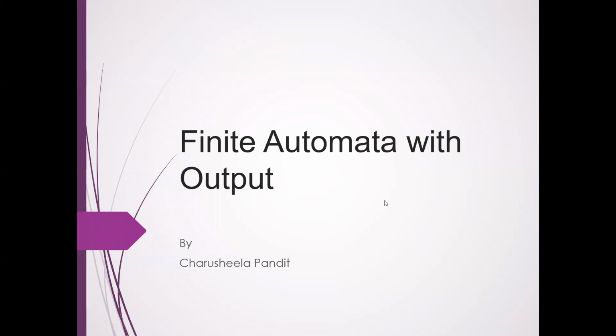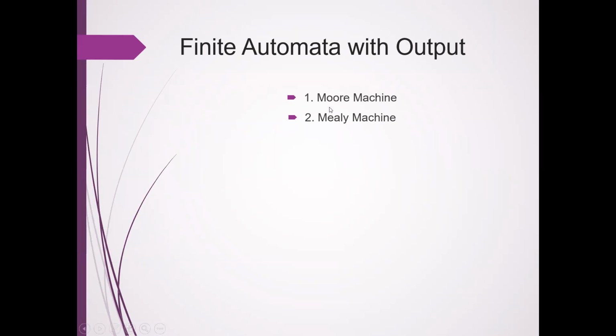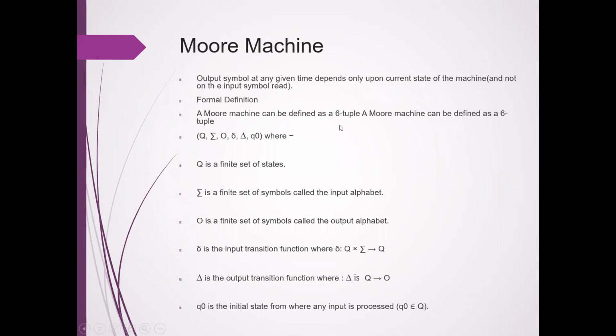So let's revise what we have discussed earlier about the Moore machine. The finite automata with output. There are two types: Moore machine and Mealy machine. In case of Moore machine, every state has one output associated with it, and the output associated with the state is not dependent on the input which that state will receive. So if you are on that particular state, that output will be generated irrespective of the input that